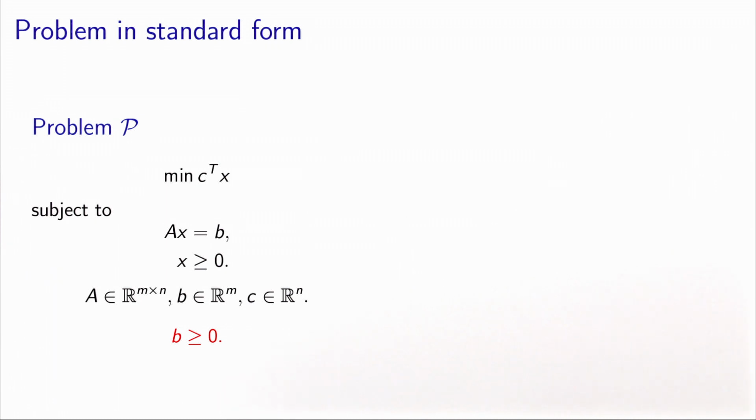We consider here the problem in standard form, and like in the previous video, we will assume that the vector b is non-negative. But there is a major difference here. Because all the constraints are equality constraints, it's always possible to make sure that the vector b is non-negative. Indeed, for all the entries that may be negative, you just multiply the associated equality by -1, and it's still valid. So this is really a general case. Any linear optimization problem can be written in standard form with the vector b which is non-negative. We have n variables and m equality constraints.